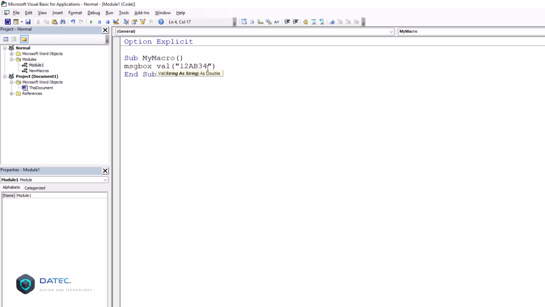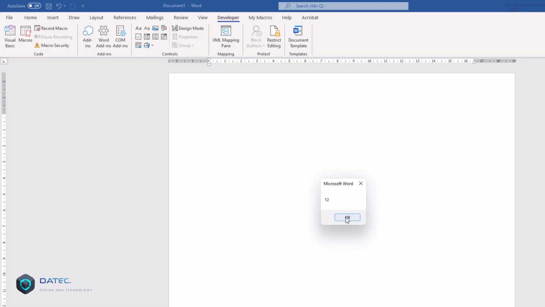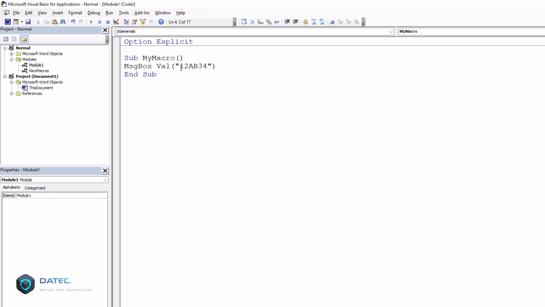This function will return 12 because it only searches from the left while the values are numeral, and immediately on finding a non-numeral it stops searching and skips the rest of the string. So I want to make a function to extract all digits, so my result is 1, 2, 3, 4